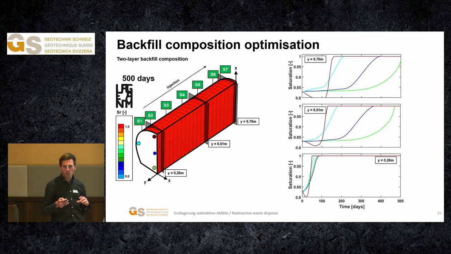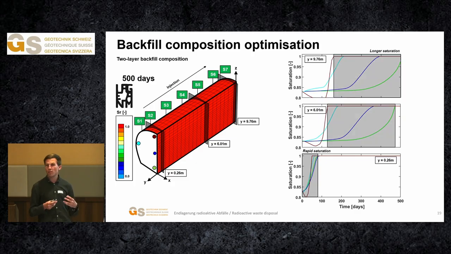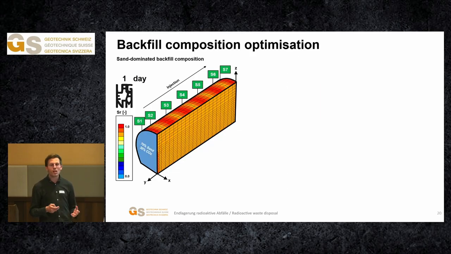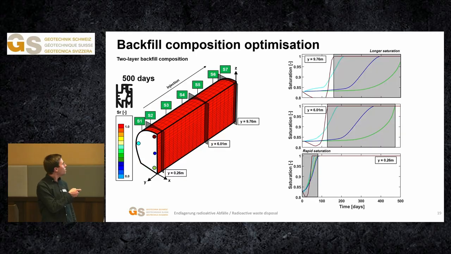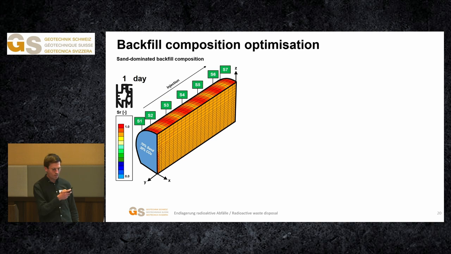So analyzing more in detail the different sections, we can see more or less a similar trend in the resaturation process with a rapid resaturation of the section close to the upstream injector. But still we have an important resaturation delay between the upper part of the backfill that is more permeable and the lower part of the backfill that is less permeable. And so the last configuration to investigate is to consider only the sand-dominated backfill material